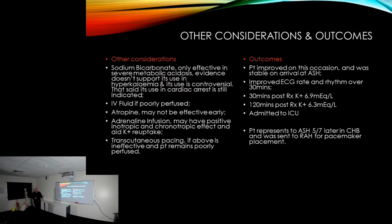As a result of that complete heart block, she was flown to Adelaide to have a pacemaker placed. So, you know, the seriousness of this disease and especially of hyperkalemia is this type of impact. Not only is chronic kidney disease a life-limiting condition, but then if you don't manage yourself, as we found out with fistula placement and stuff like that, you can dramatically reduce that patient's life expectancy